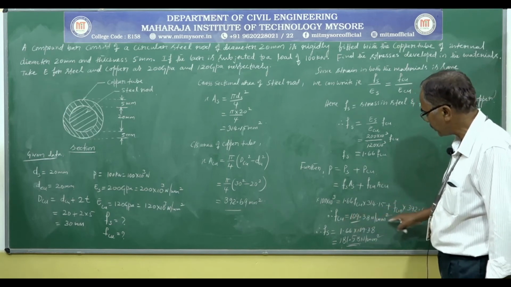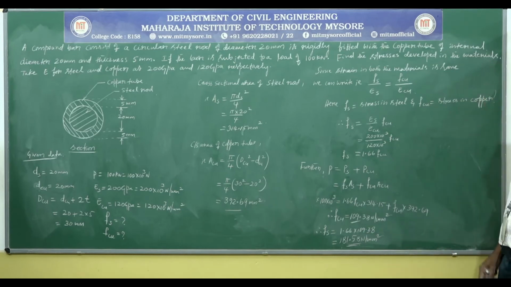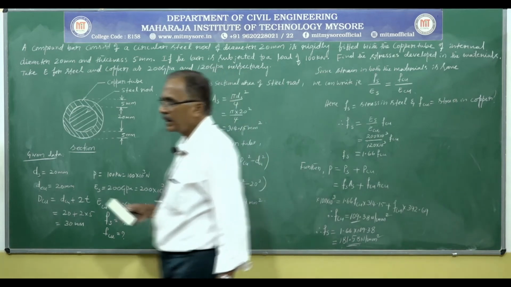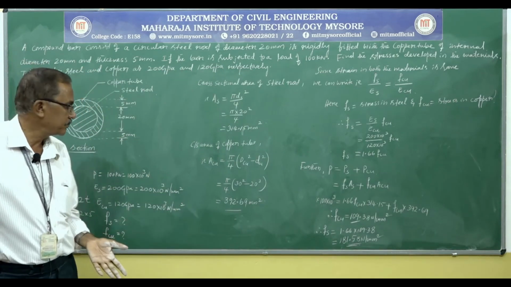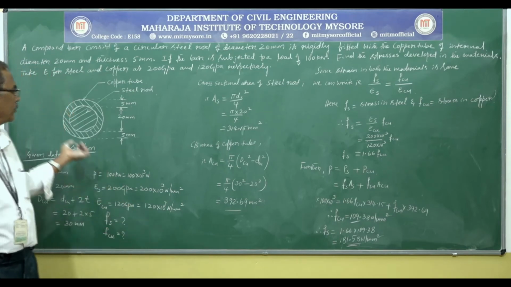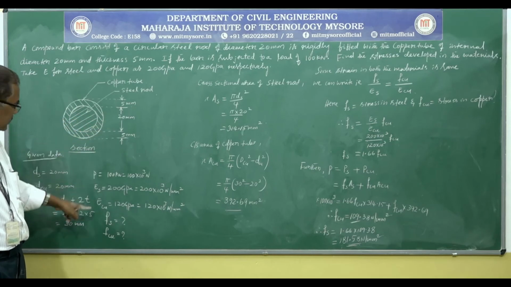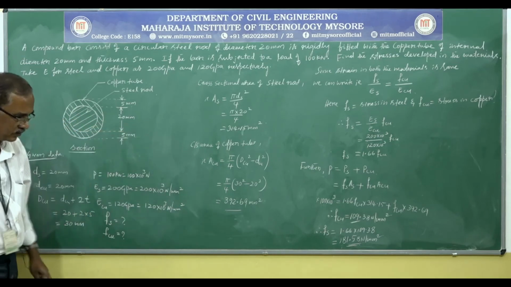So we calculated stress developed in copper, and also we calculated stress developed in steel. Earlier we discussed that the load carried by compound bar depends upon the material. Comparing the steel and copper, steel is stronger than copper. Based on Young's modulus we can decide, and we got the values like that only.